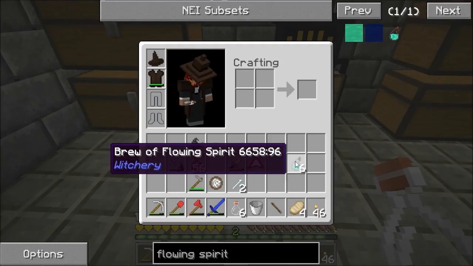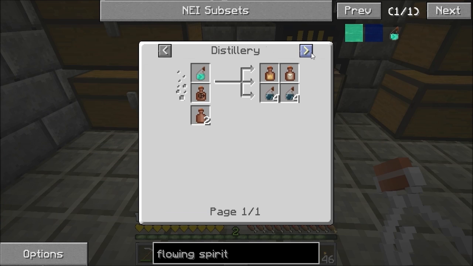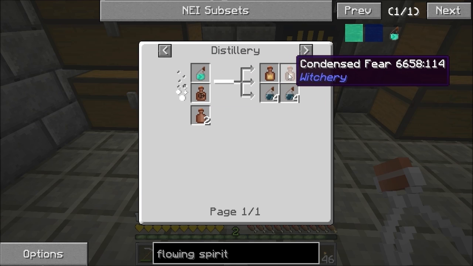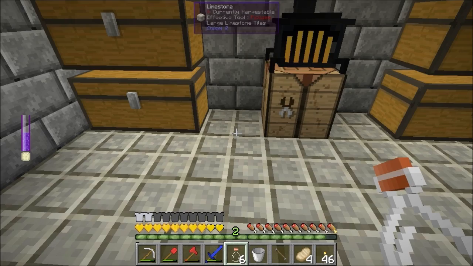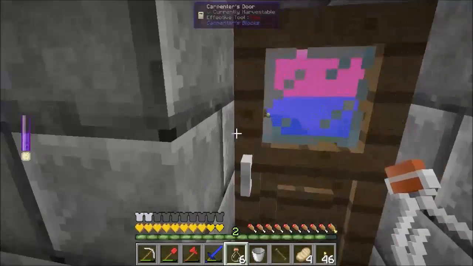So what I want to do with these then is use them to make a couple of things. I'm going to need some condensed fear. So distillery, I might as well do that back in the overworld, because these can come back to the overworld with me. Brew of hollow tears reminds me, something we need for them. We need these guys. They're called subdued spirits, and what they are is, if we go outside,